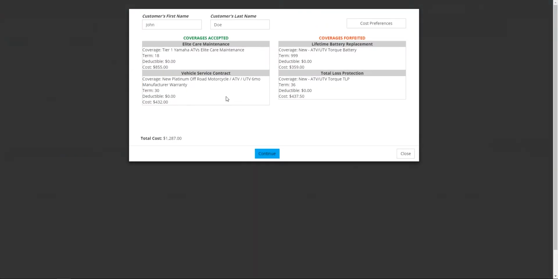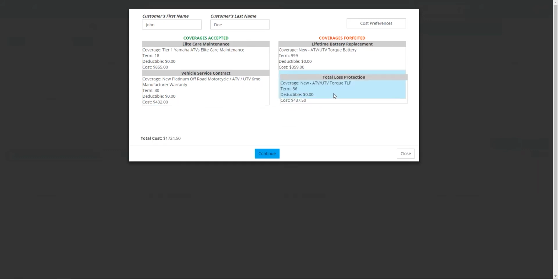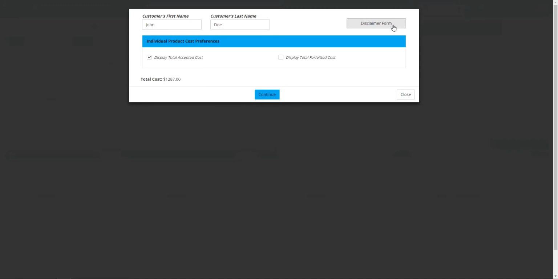The disclosure summarizes what was presented to the customer and what coverages they've accepted and what they have forfeited. If the customer decides to make changes at this stage, you can always drag and drop products from either column. I'll click Cost Preferences to review how the costs are presented to the customer. I see that it's showing the complete accepted costs, so I'll hit Continue to be taken to a preview of